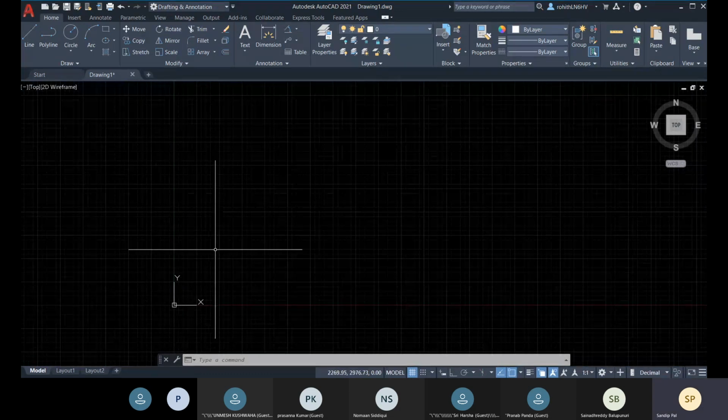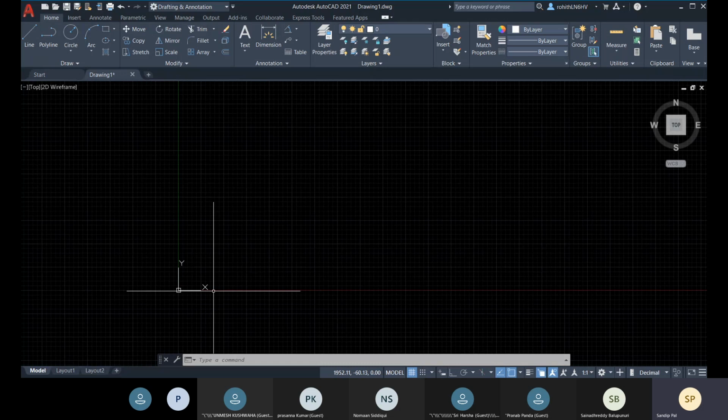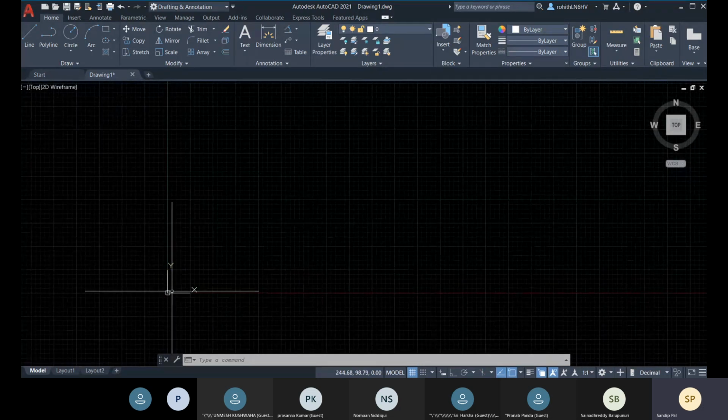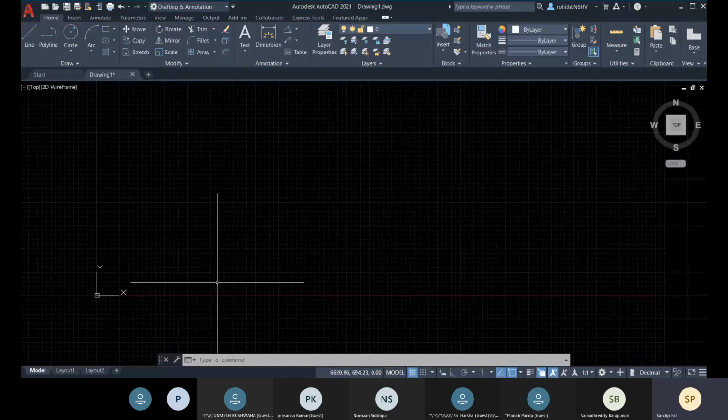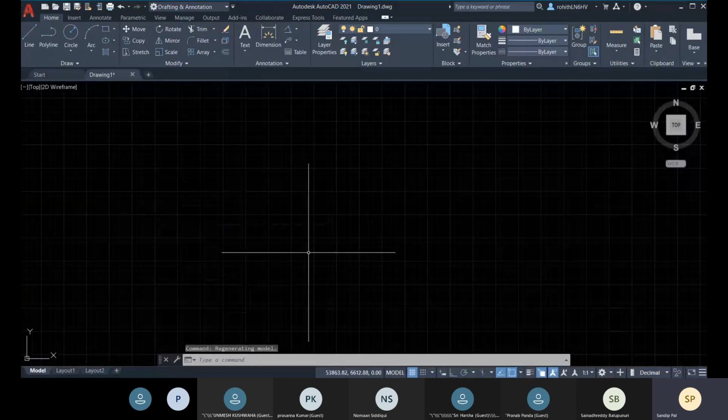All right. Now, let me tell you how you navigate your screen before starting any drawing. Suppose you cannot see this UCS icon here within this viewport. You cannot see this right here.